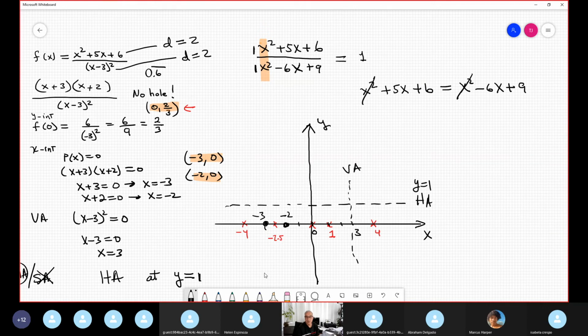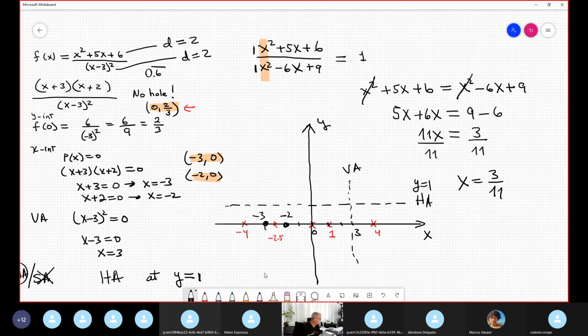It's obvious that the quadratics cancel out. We have 5x plus 6x equal 9 minus 6. This is 11x equals 3. Divide by 11. The point is x equals 3 over 11. Okay, 3 over 11, I have here in decimals. It's the point in which 3 over 11 in decimal approximation is